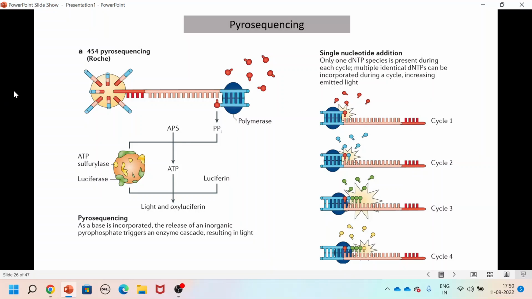The next kind of sequencing is pyrosequencing. Pyrosequencing involves the generation of light, which is detected, and in this case,